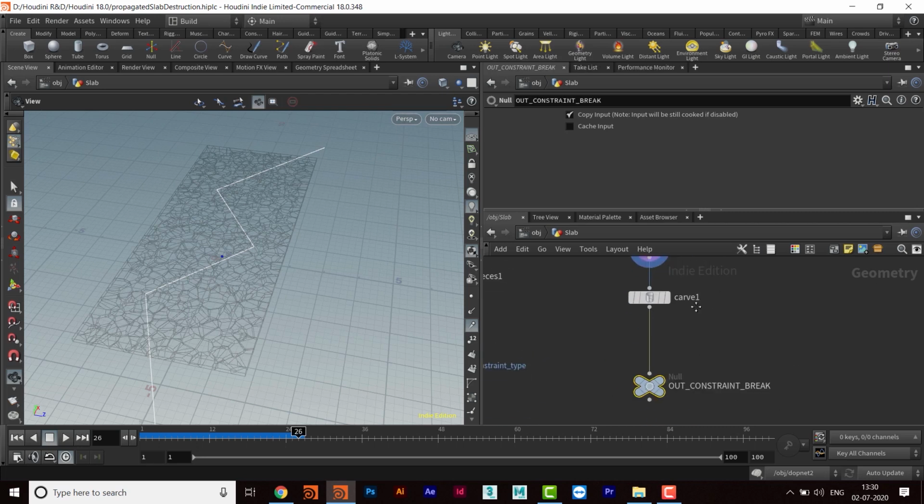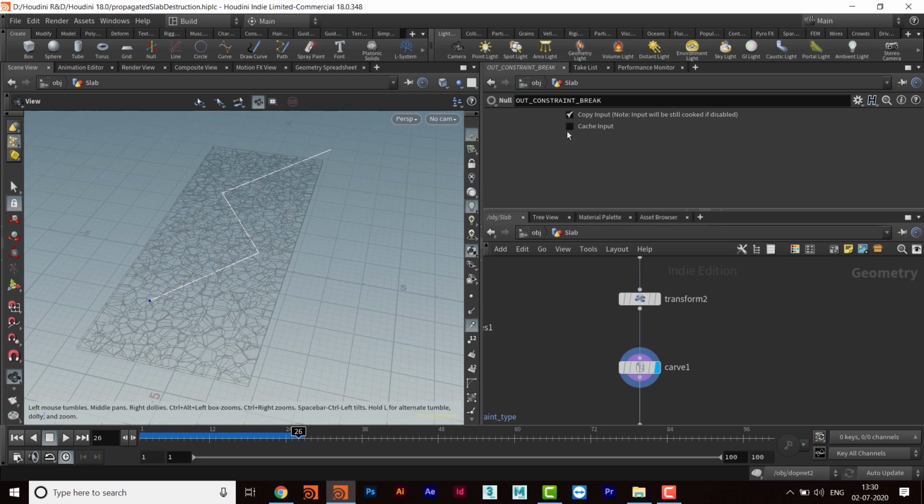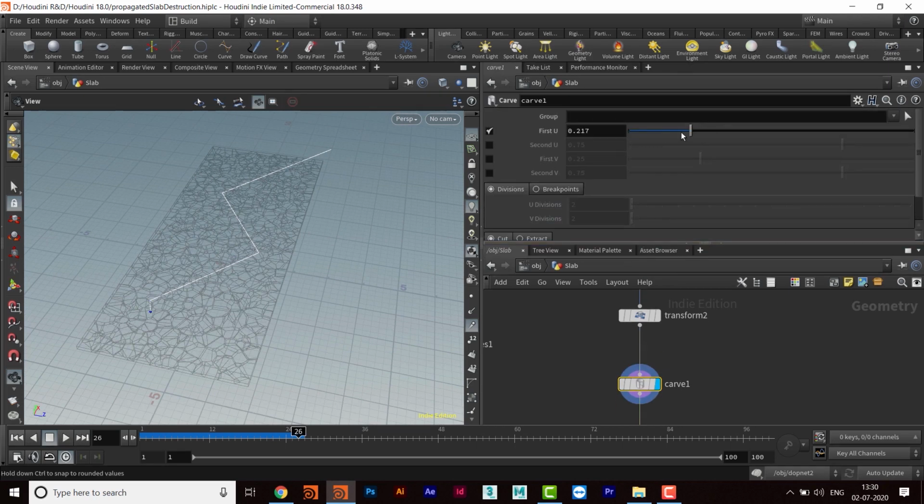Okay, so now I want to animate it, so I'll go to curve only. So click here and then animate this. I don't want to take this part. I will switch on to second U, and then I will reduce this one.